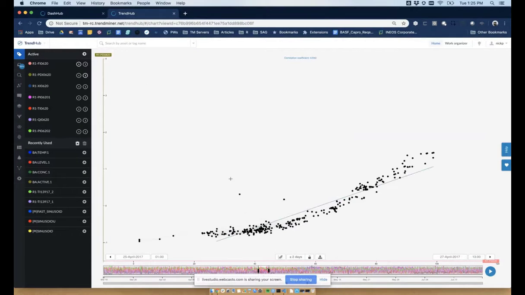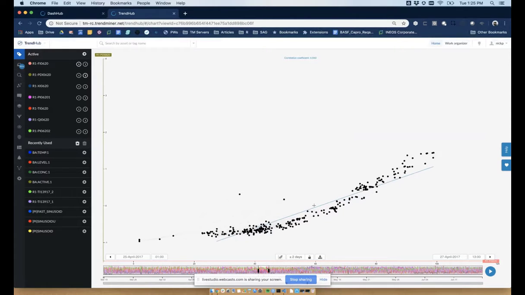So what I can do now is click and zoom into that scatter plot, and now I see the data in a blown up view. And intuitively, it makes a lot of sense to me, right? As flow increases, the differential pressure across this filter starts to increase exponentially. And that fits my engineering intuition, and it's what I'm expecting to see. So this would be kind of a profile and a relationship for a clean filter.